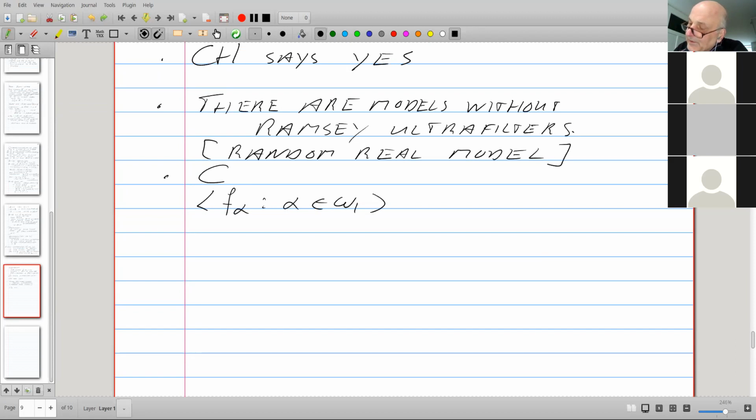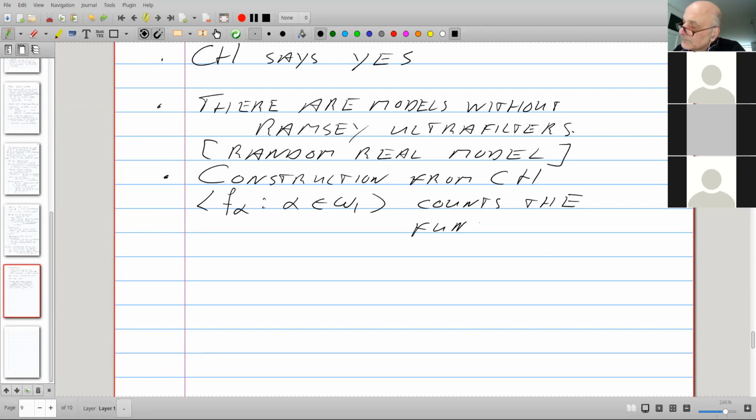Here is the construction: you enumerate, using the ordinal omega 1, the set of all the functions from omega to omega.